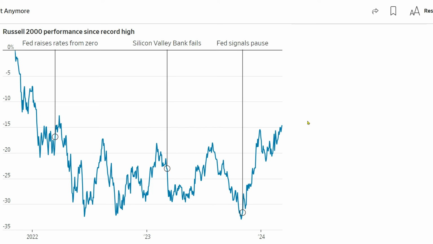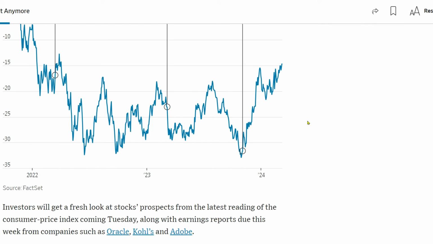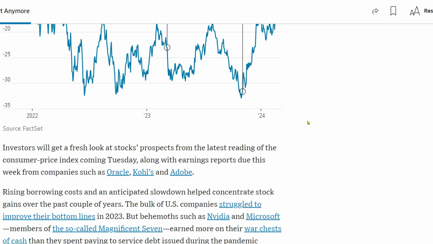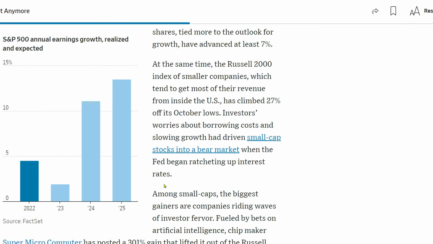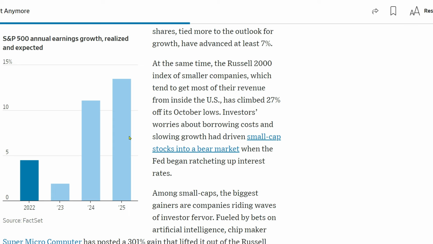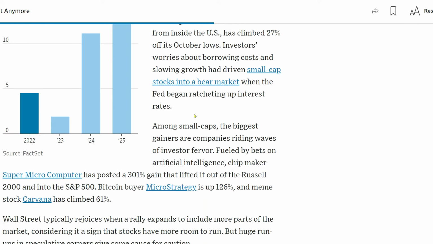And with that, breadth and quite a few sectors breaking out like industrials, home builders, aerospace and defense. And if all goes to plan, it should be another positive year for the stock market. Analysts are expecting overall annual earnings growth above 10% for S&P 500 companies this year, and even higher next year. That, coupled with lower interest rates and nothing really breaking in the economy, are all the ingredients the market needs